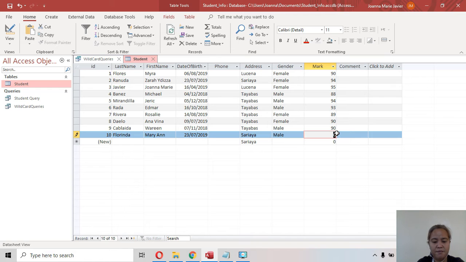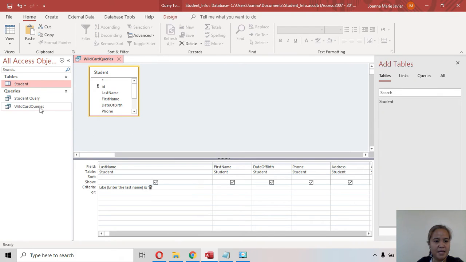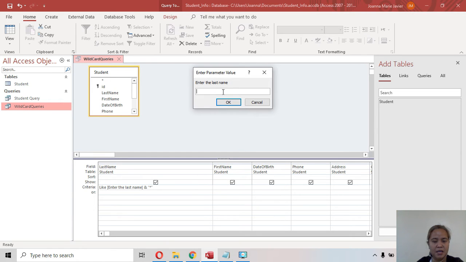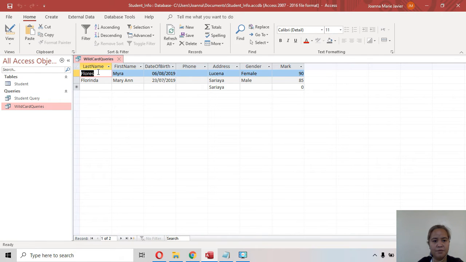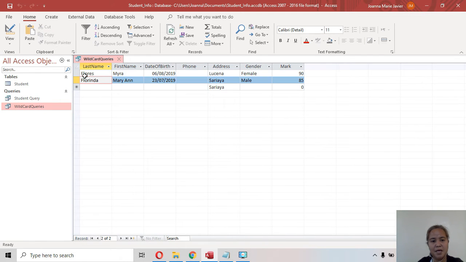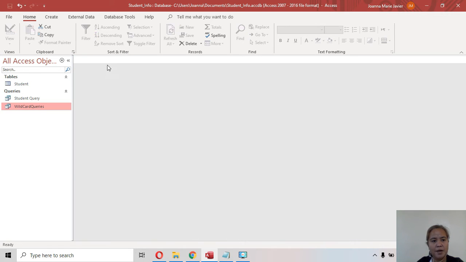Kunyari, siya ay 85. Okay, ang grade niya. Now, pag niran natin to, double click nyo lang siya to run. Halimbawa ay FL. So, lahat ng FL, si Flores at Florinda lalabas. Ang tinignan niya yung FL and then the rest, yung asterisk. So, kahit ano na. Now, kapag ang ginawa mo ay ganito,